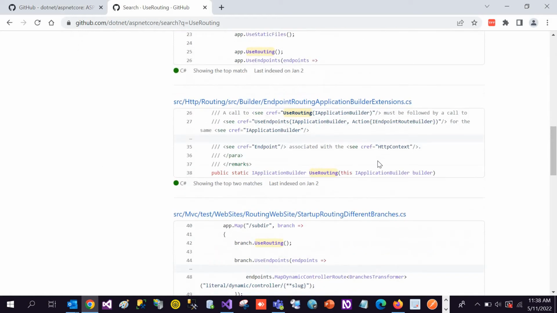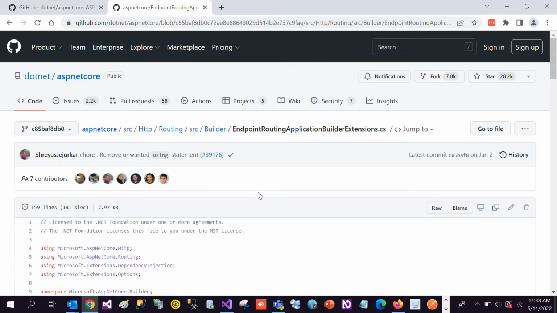And now let me scroll down a little bit, and we can see we have a method UseRouting, right? And the return type of this method is IApplicationBuilder. So let's go to the definition of this. So I'm clicking on this link, right? And you can see,